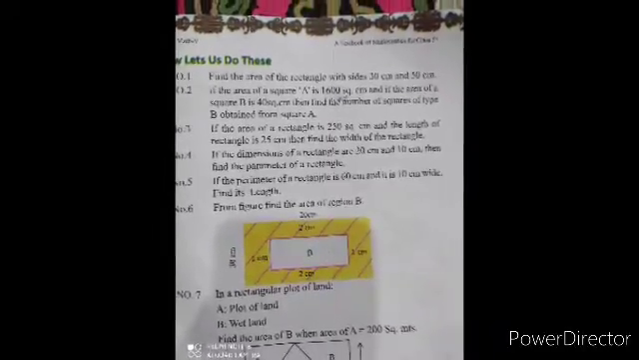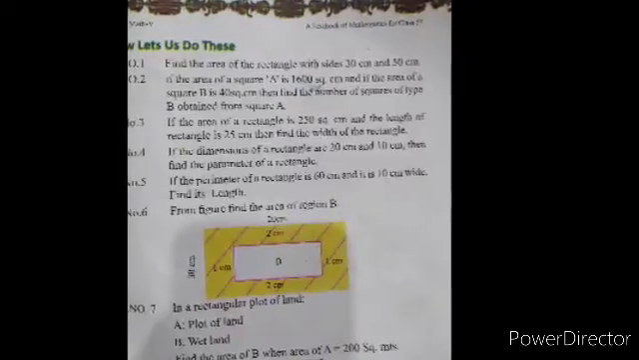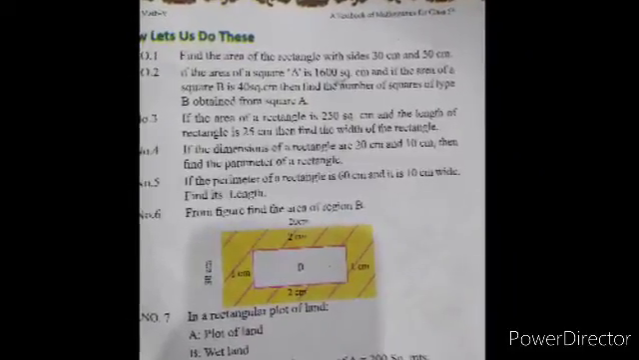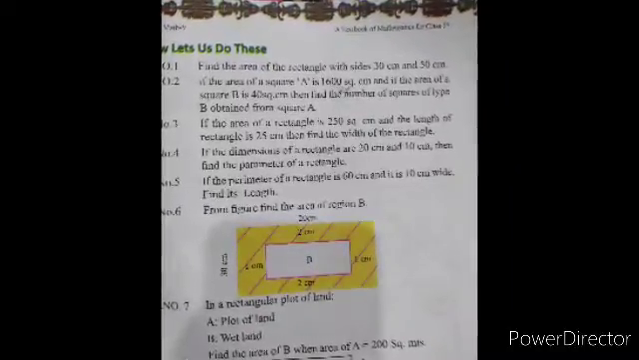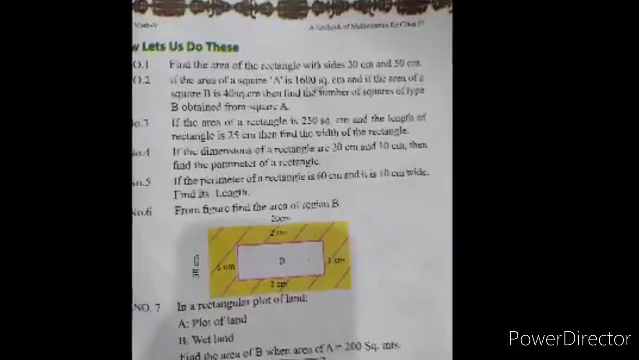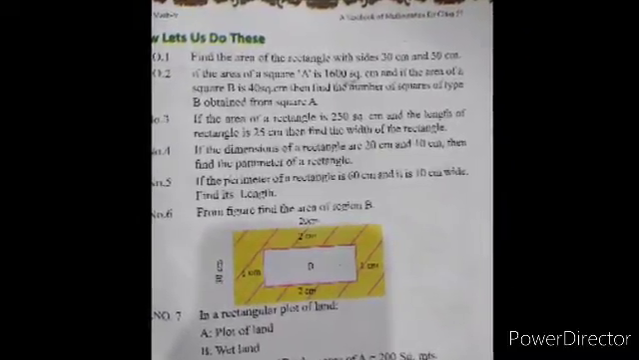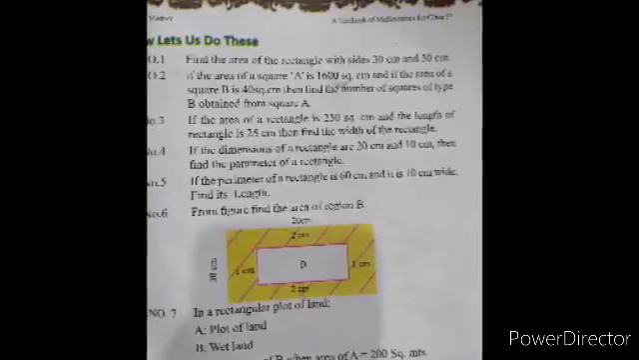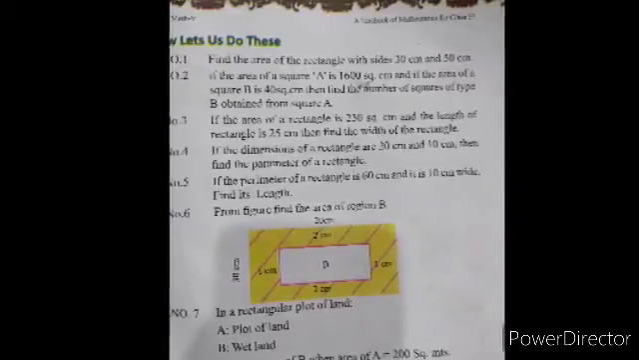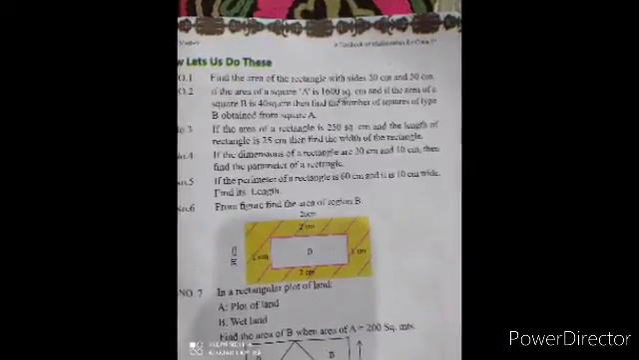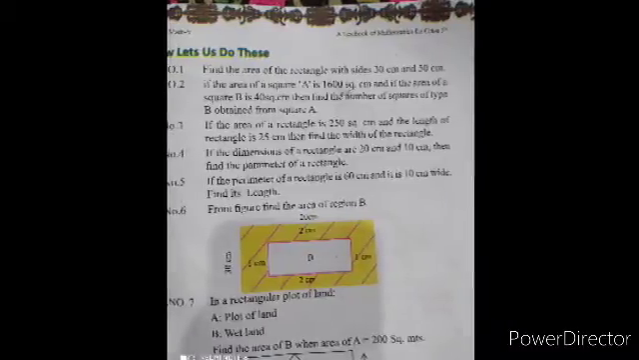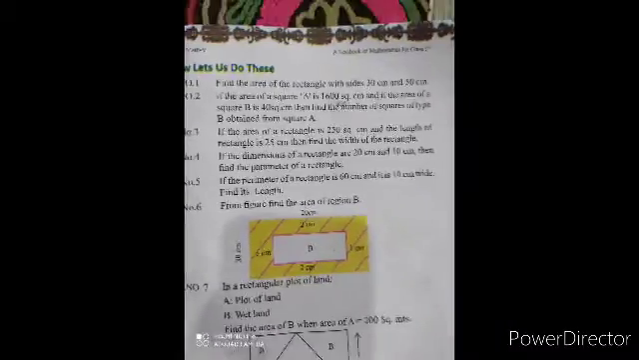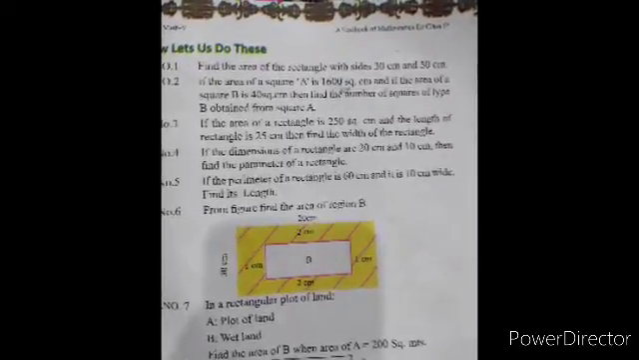If the dimensions of a rectangle are 20 centimeters and 10 centimeters, find the perimeter of the rectangle. Solution: the length of the rectangle is equal to 20 centimeters, the breadth of the rectangle is equal to 10 centimeters. Perimeter of a rectangle